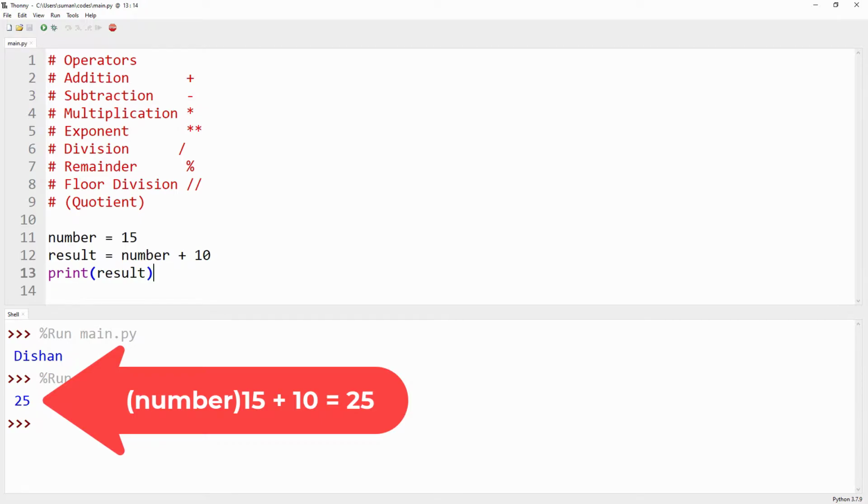So here the 10 is added with the value stored in the number variable, which has been assigned as 15 at first using the equal operator. Then after addition, 15 plus 10 is equal to 25, which is stored in the result variable using the equal operator. Finally, the print function is for the output.